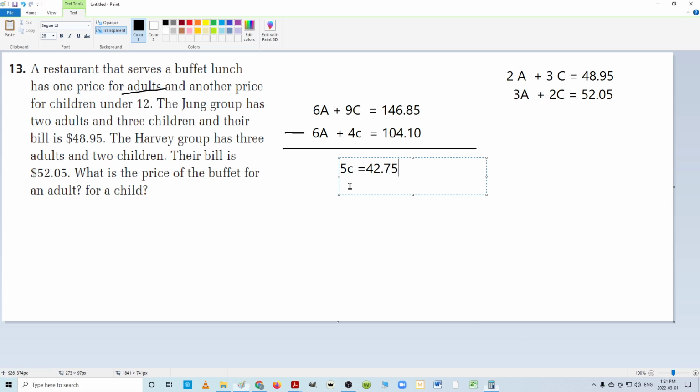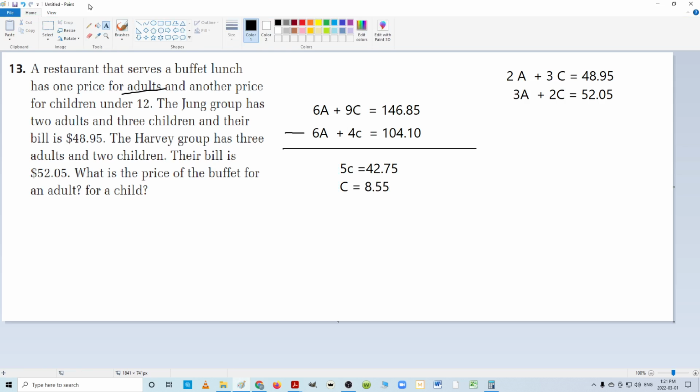So now I've discovered that the children's menu costs $8.55. I just got to use either of my simpler equations, and it's easier to go back to one of these equations. And wherever I see C, I'm going to multiply it instead, 3 times the cost I figured out for the children's menu. Substitution again. So 3 times 8.55